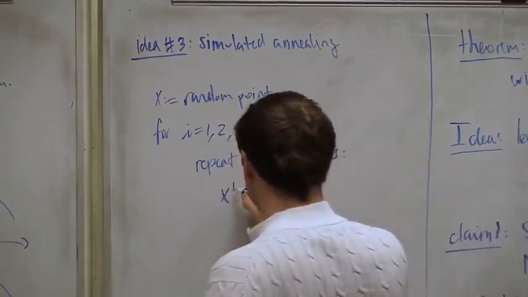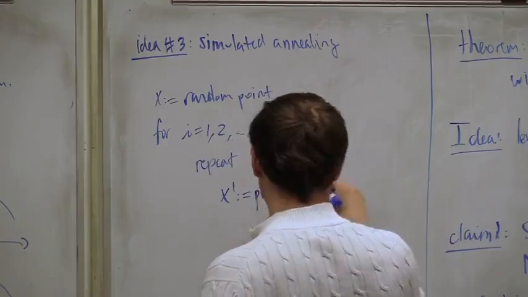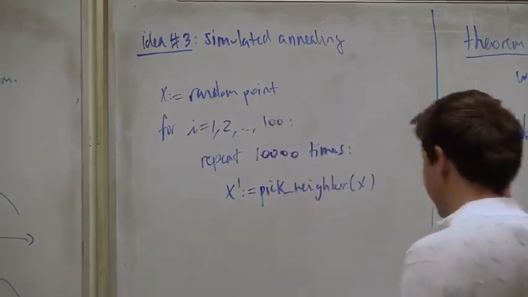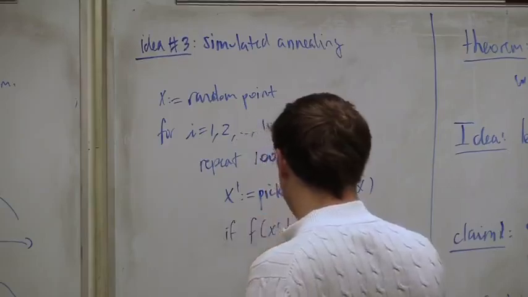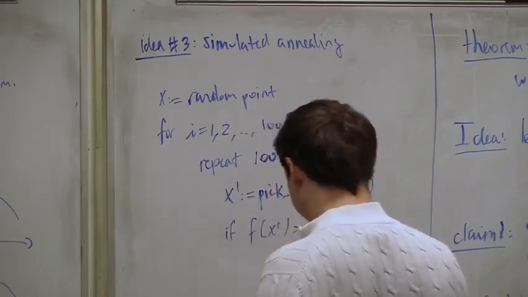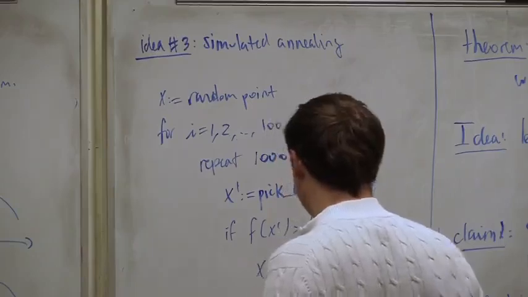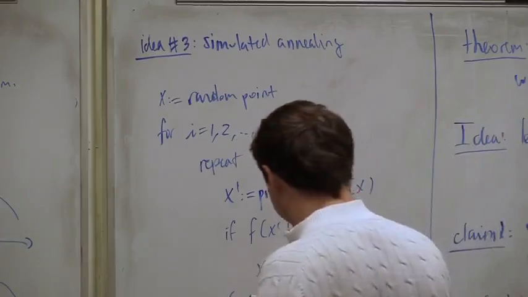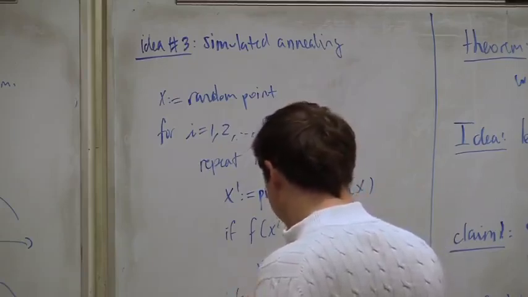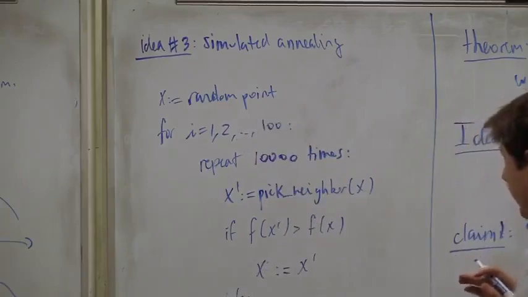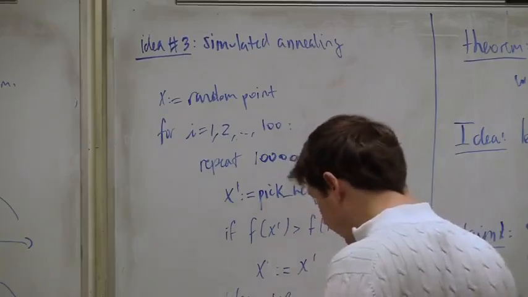Something similar, but not quite the same. So we're going to set x prime to be some neighbor, usually chosen probabilistically, not too far away from it. Like before, if your function value is better, then you're just going to move there because you have improved your situation. But otherwise, even if the neighbor is smaller, with some probability,